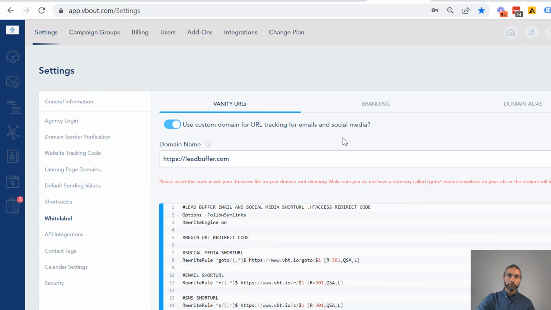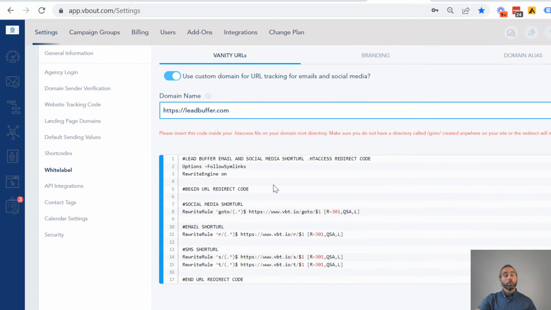That's the first step. Then you choose your domain of choice. I highly recommend using something short. So buy a domain. It doesn't have to be .com, whatever it is, .io, .co, as long as it's short. You don't want to use something very long, because then the structure of the URL will be extremely long, okay?